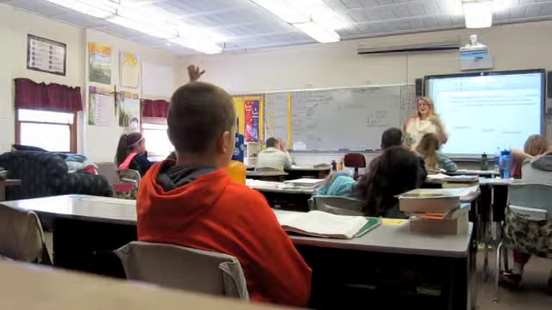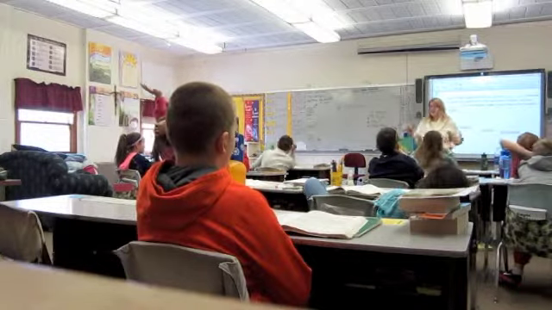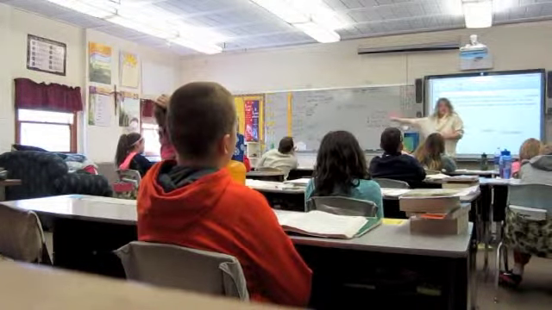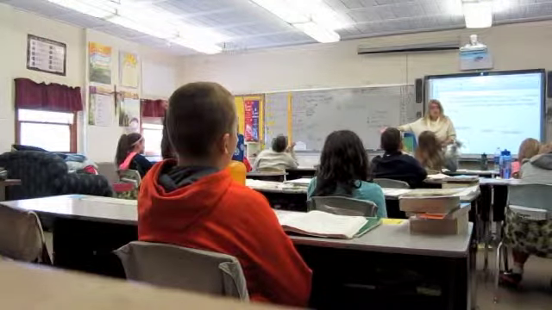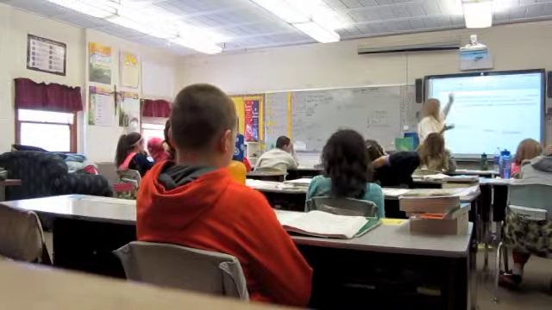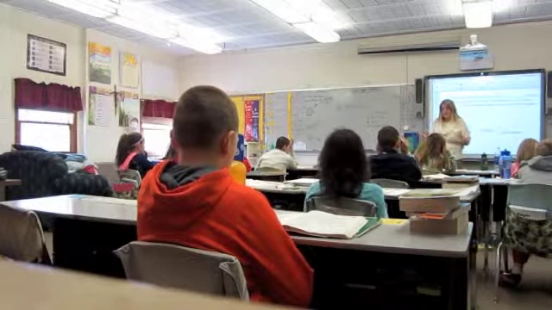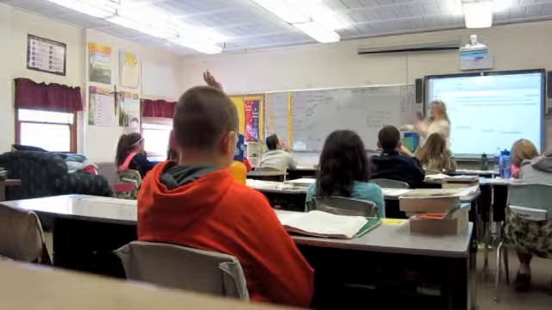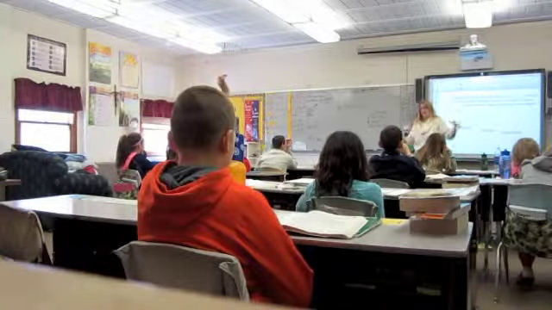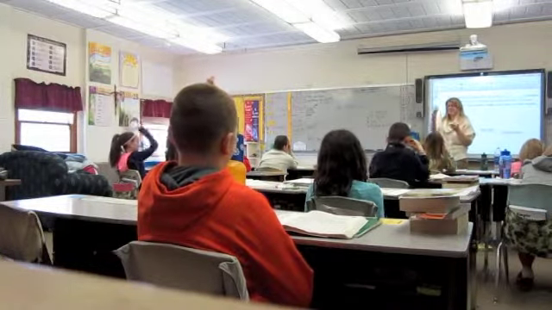So the groups are only 4 or 5 per group. If there's more than that, like if all of you want to do the practice book root words activity right away, some of you move ahead and do daily 5. Because if there are 8 of you doing this, it's going to get messy. But if half of you do this while the other half do daily 5 while I'm meeting with the other few people, then it'll only be 4 or 5 people per group. Does that make sense, Carly?